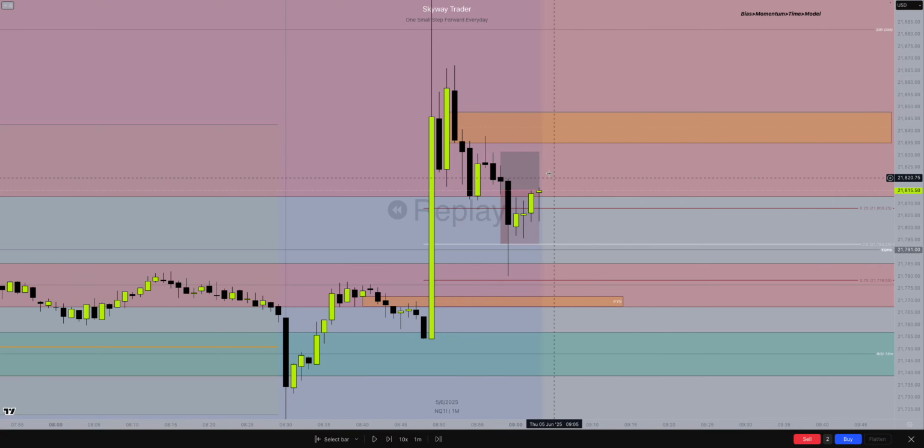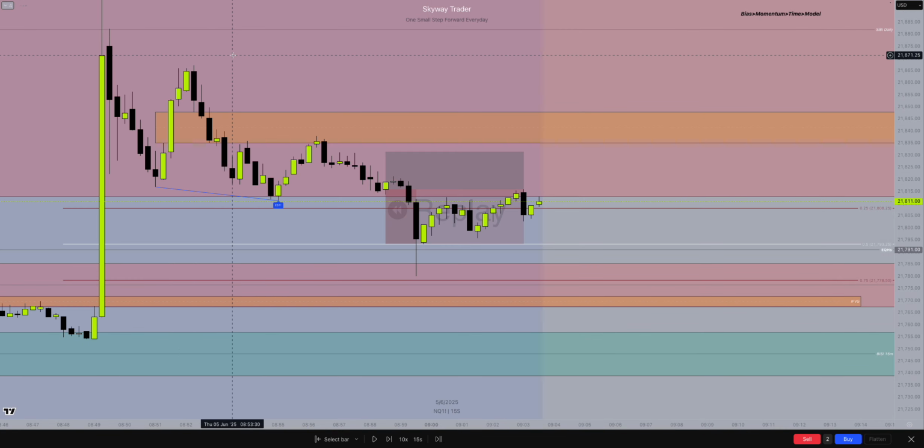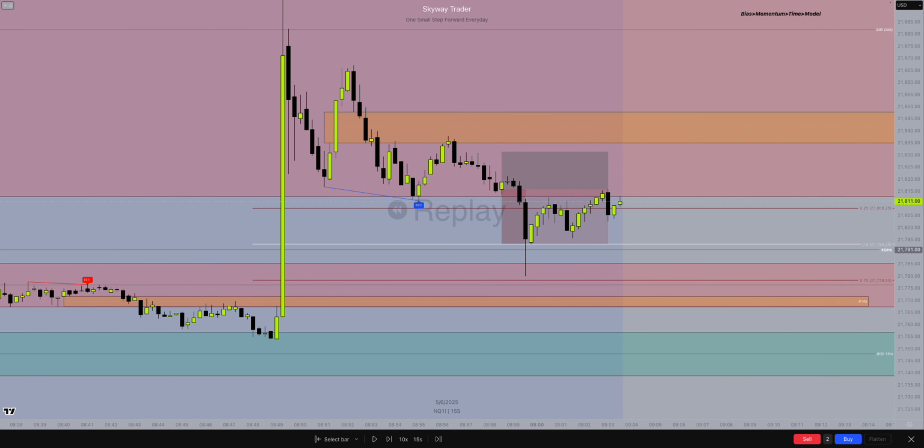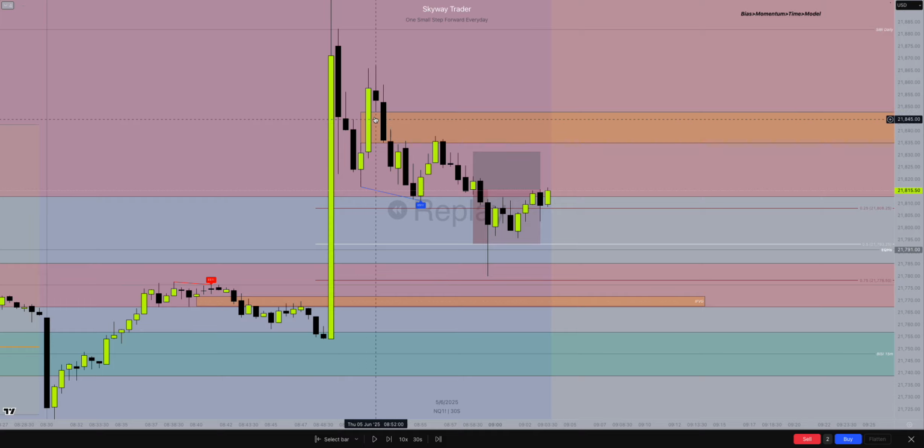So what I ended up doing was after this was formed, I would drop to 15-second, 30-second, and the 30-second gave us this inverse here. So we had this huge move up, move down, pull back, and then the inverse formed. So this is what I like to trade. I know it's technically the first inverse, but if you go to lower time frames, I'm sure there was something that was inverse in here, and I'm talking like 5, 10 second, whatever.